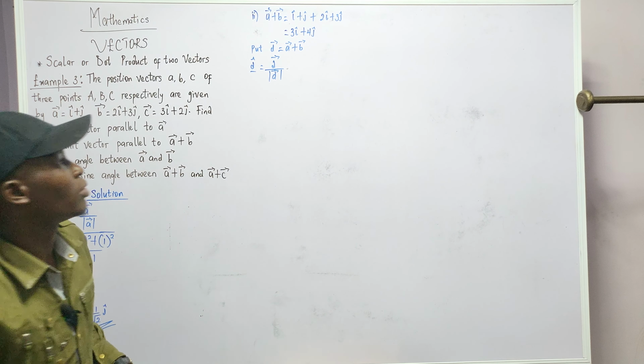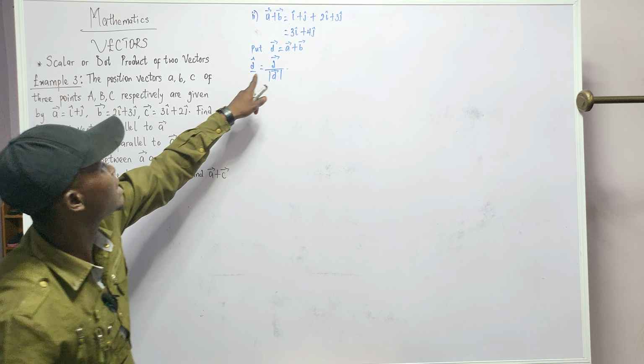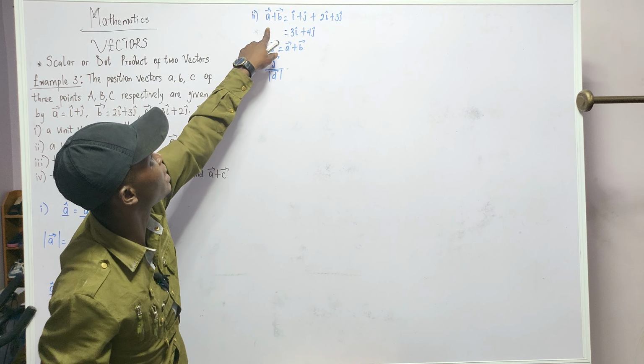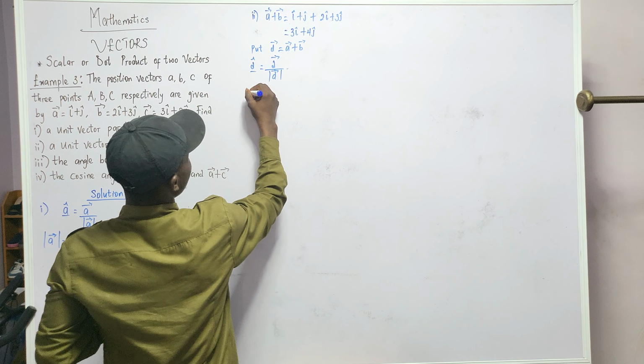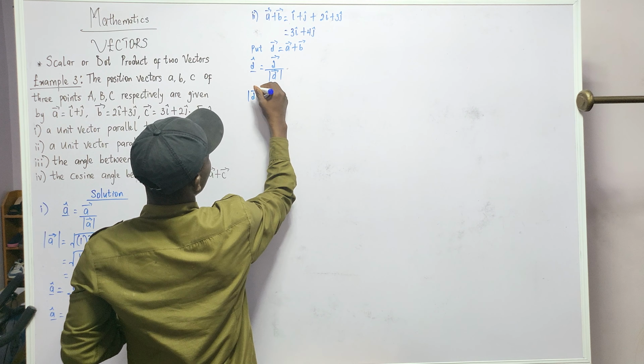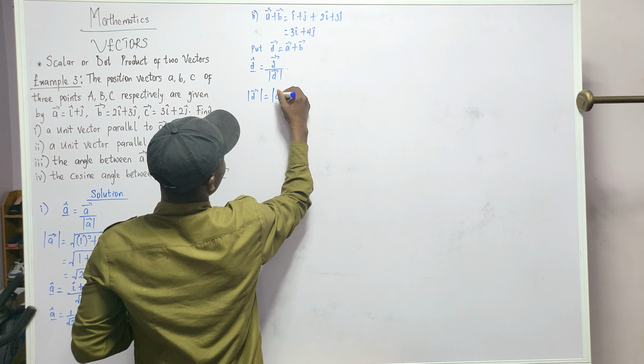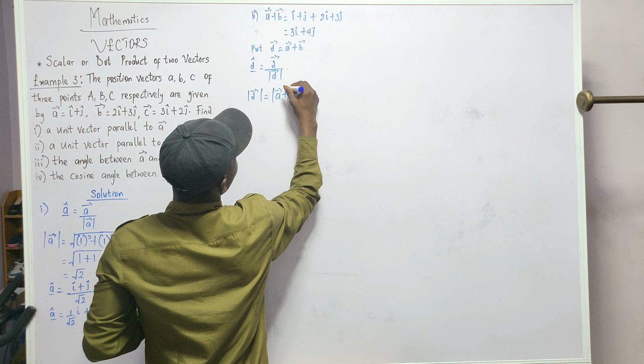So you get vector D over the magnitude of D. The D is still the same thing as A plus B. So what do I need to get? I need to get the magnitude of this A plus B. So let's now get the magnitude of A plus B. So the magnitude of D, which is the same thing as the magnitude of A plus B, will now